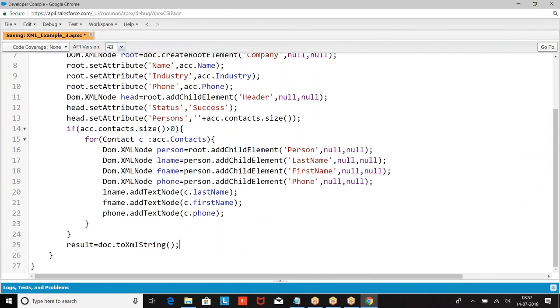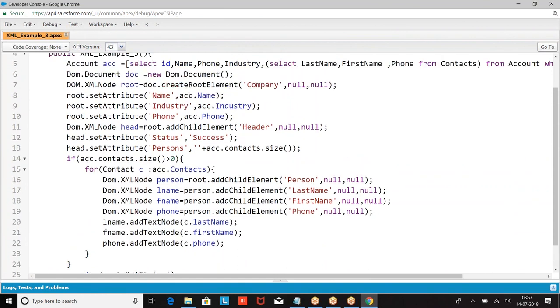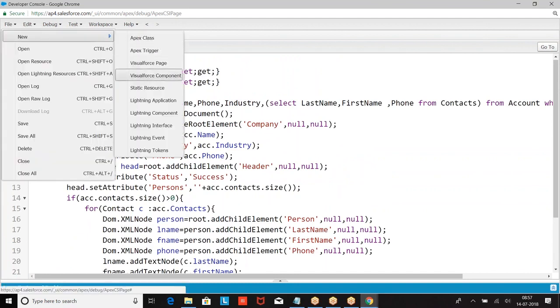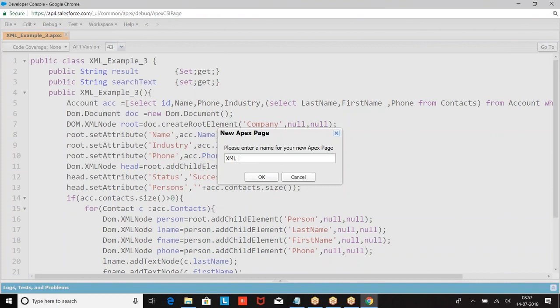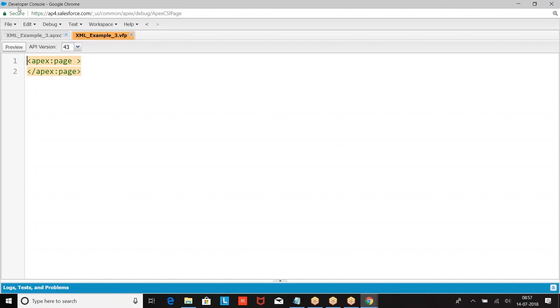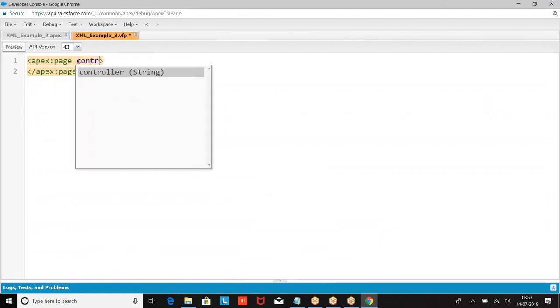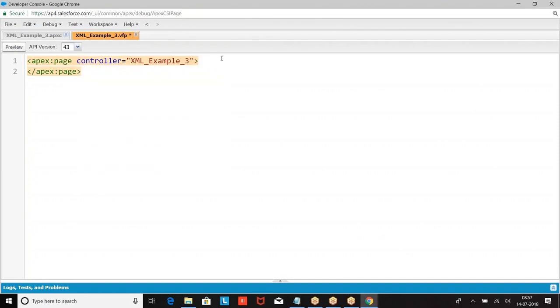So when you are giving some search text, I'm writing a query, getting the data, giving the reply in the form of XML. Then we are giving form. Value equal to